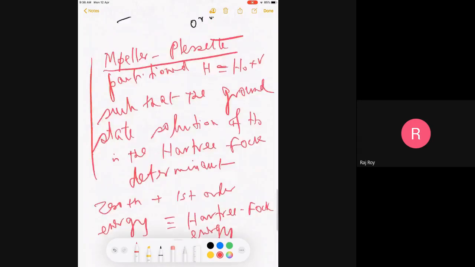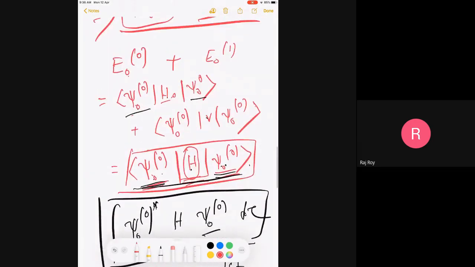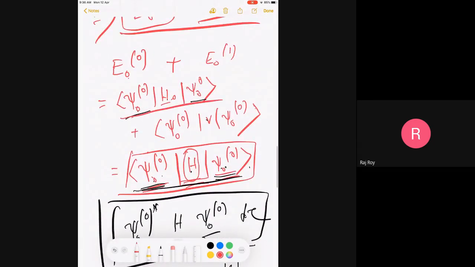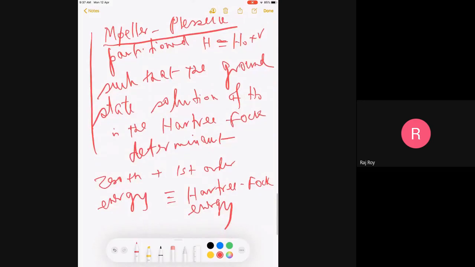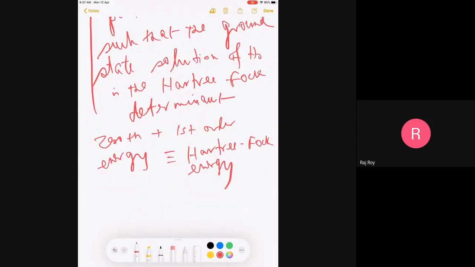Remember, the zeroth-order energy itself may not be the Hartree-Fock energy, because the zeroth-order energy is with H0, not H. This is somewhere many people get confused. This is Hartree-Fock, all right, but this is not the physical Hamiltonian, this is H0. So this need not be the Hartree-Fock energy, but the sum is. Because remember, the Hartree-Fock energy was always psi Hartree-Fock star H psi Hartree-Fock, with the physical Hamiltonian. Hence, zeroth plus first order in Epstein-Nesbet... in the partitioning is the Hartree-Fock energy,